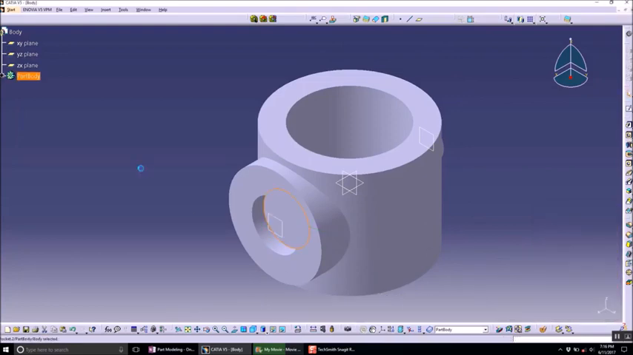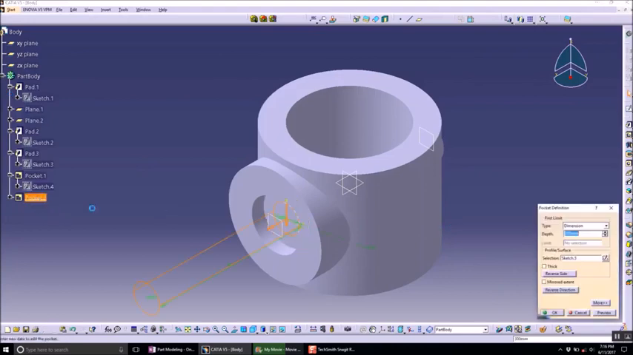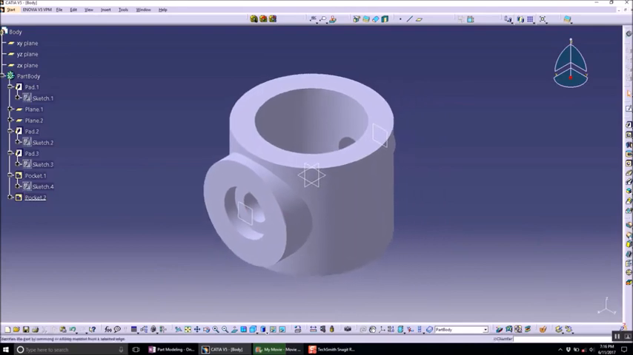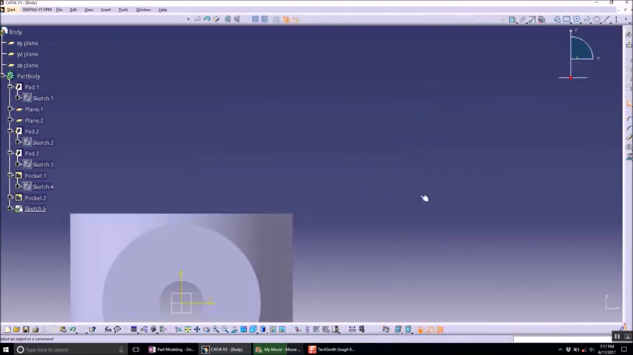Oops, I think the direction was opposite out of the material. So let's reverse the direction and click on the preview and OK. So this time we have successfully created a hole. Next thing to cover, let's just have another sketch on the top plane